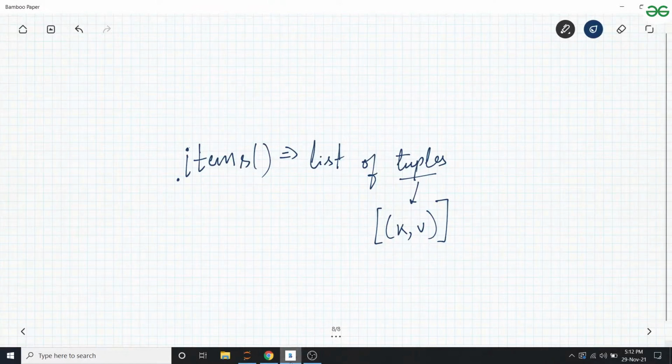So if this is a tuple like k comma v, then as you can see, this is the 0th index and this is the first index. So if I want to access the value, I'd pass in the first index. If I wanted to access the key, that will give me the 0th, I would pass the 0th index.